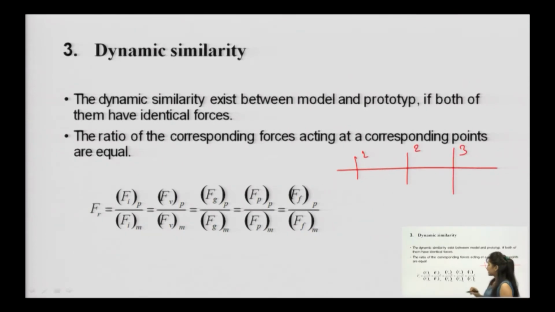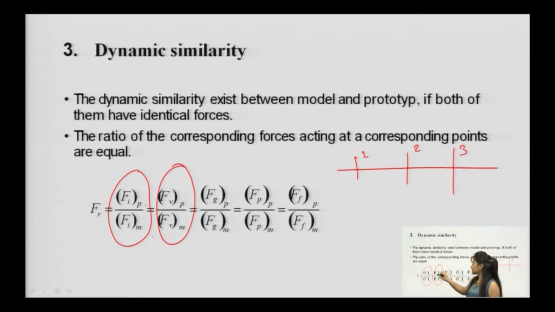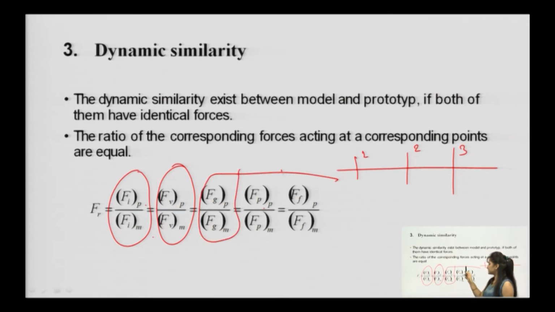So, here at point 1 the inertia will be the same for prototype and model, then the force due to viscosity will be the same for prototype and model, then the force due to gravity, the force due to pressure, and the force due to friction. Here you can see all the ratios of these forces will be equal at certain points in the case of models